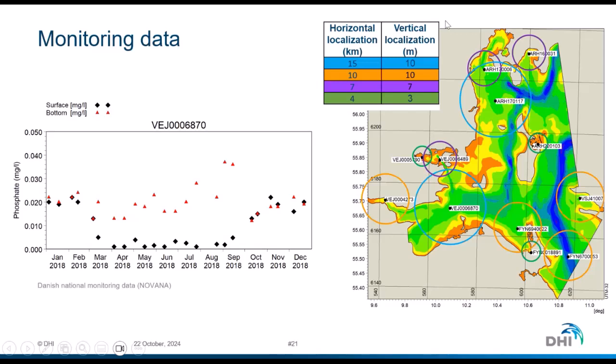Here for the open water, we use 15 kilometers in the horizontal and 10 meters in the vertical. Then when we get closer to the coast and within the fjords, these localization areas are decreased down to 4 kilometers at the very small end of the fjords and 3 meters in the vertical.